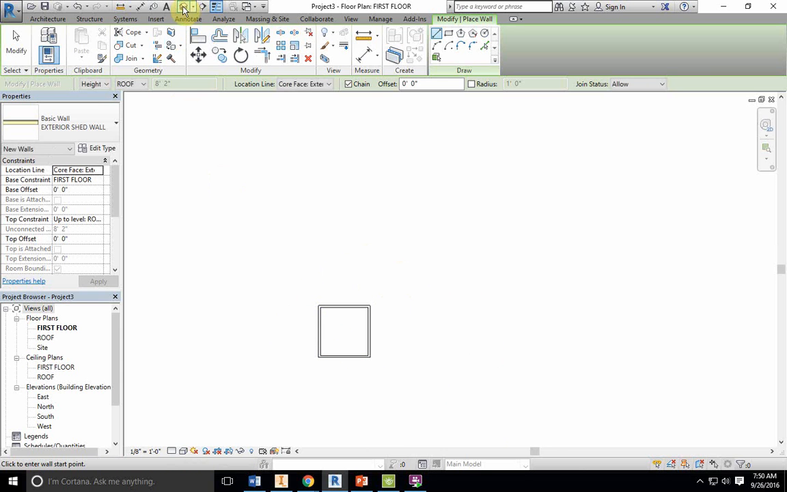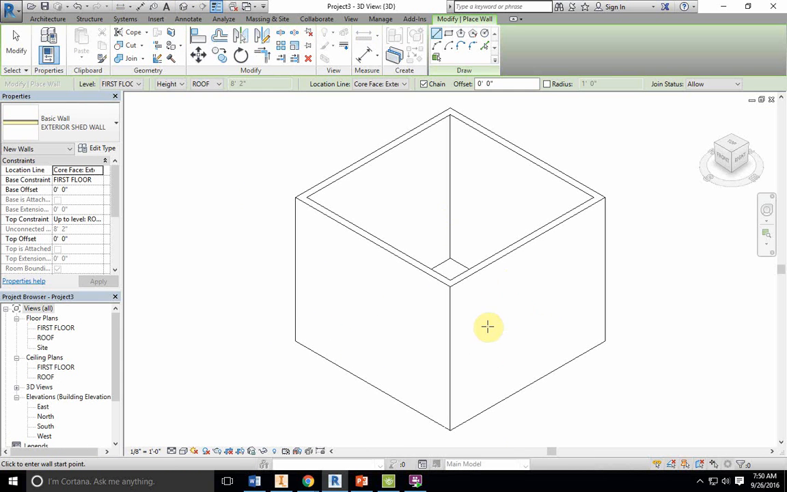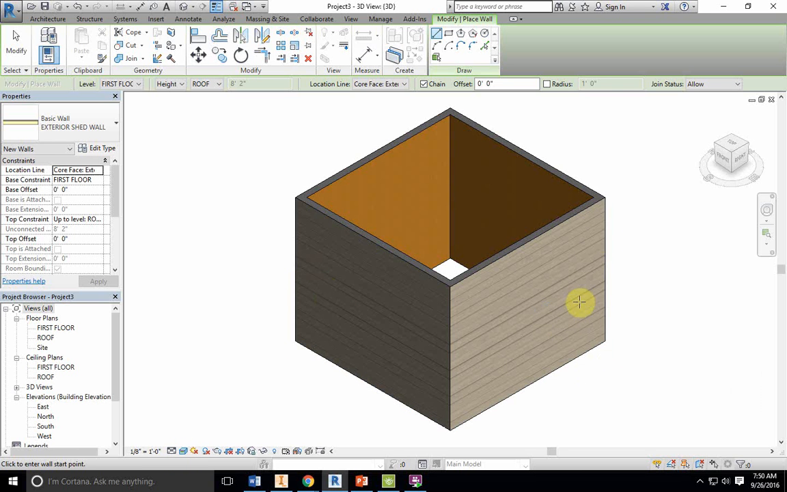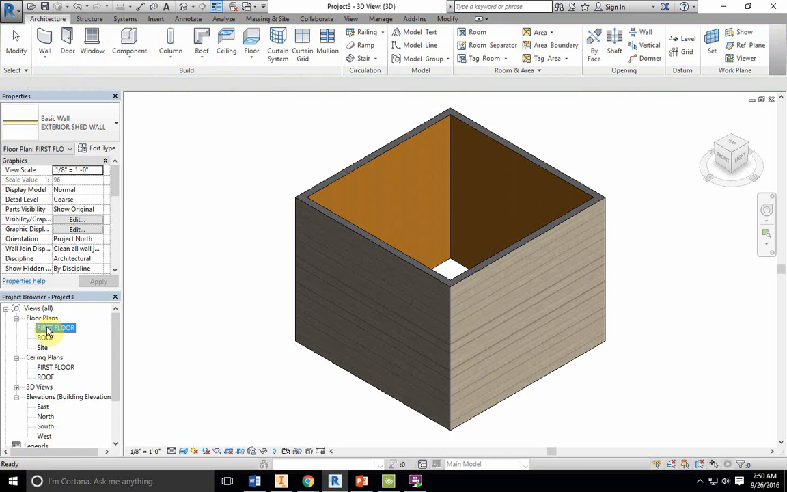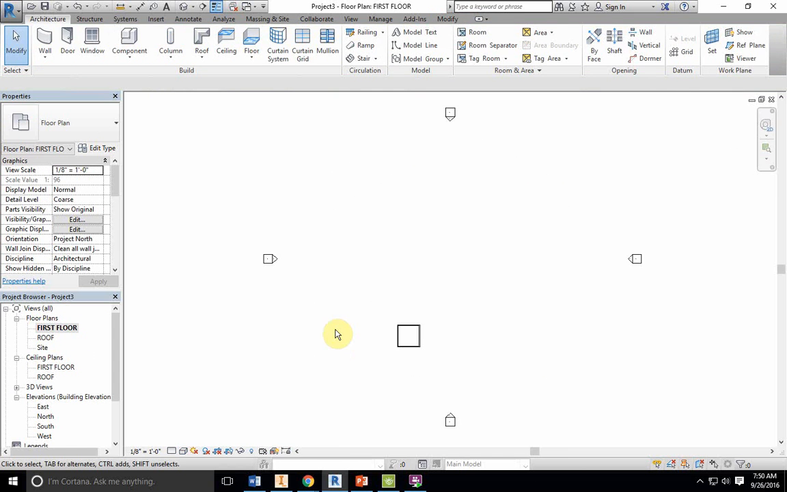And let's take a look-see at our shed we just made. And like I said, since we used the render appearance, I could click right here and hit realistic. And that's what you should have on your screen right now, our shed realistic. If I wanted to get back to my floor plan, I just click on floor plan. Double click my mouse wheel,